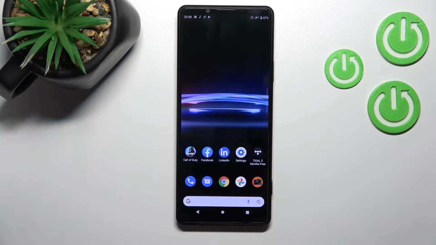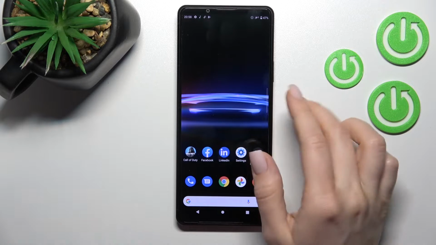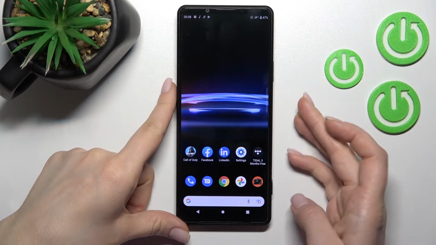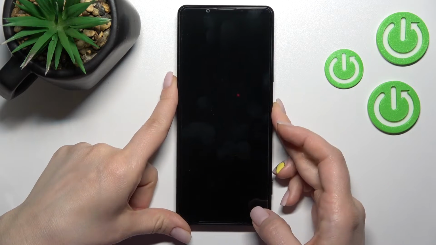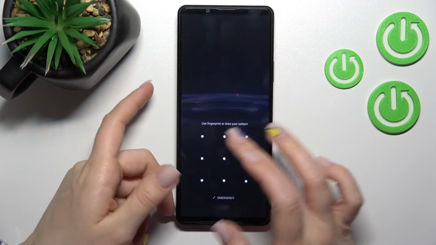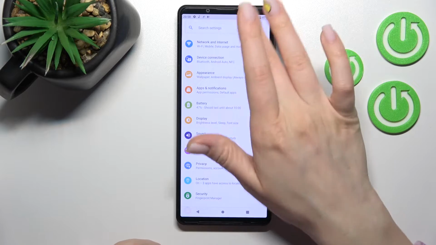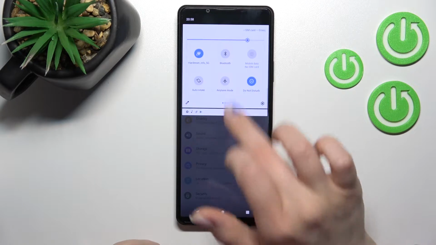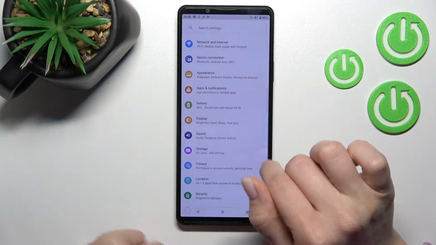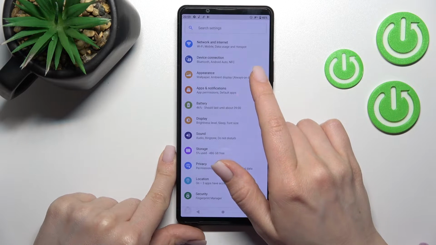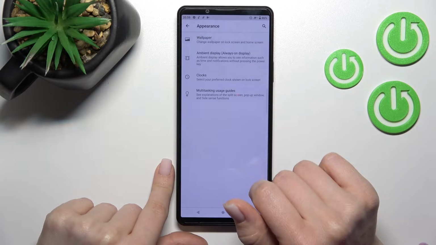Welcome, today in front of me is the Sony Xperia Pro-I, and I'll show you how to change the lock screen wallpaper on this device. So now I'll show you the current lock screen wallpaper, and to change it you should go into the Settings application. I'll just change the brightness level here, and now we should go to the Appearance section,